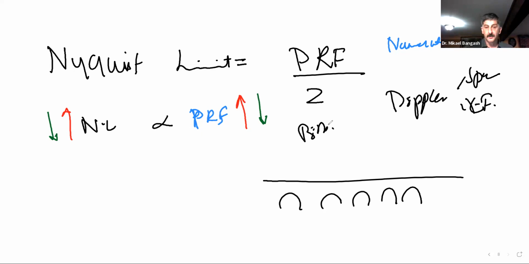So when we say Doppler mode, this knob over here, which in B mode was your focus position,